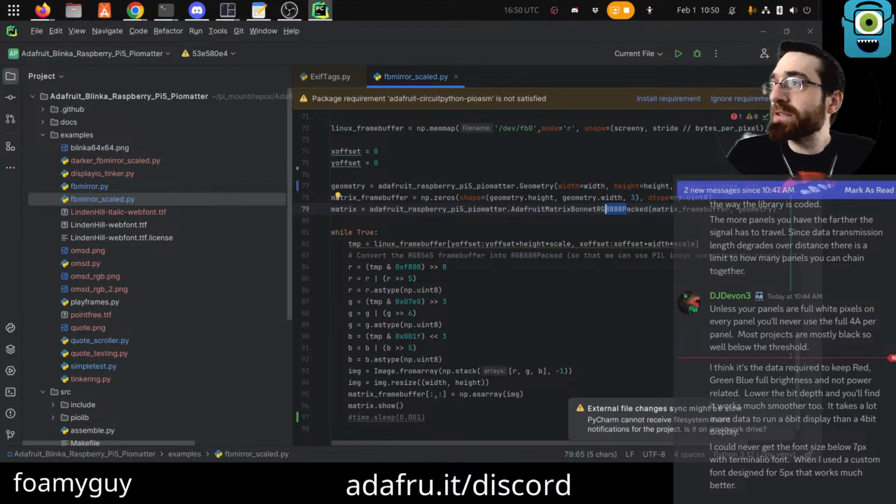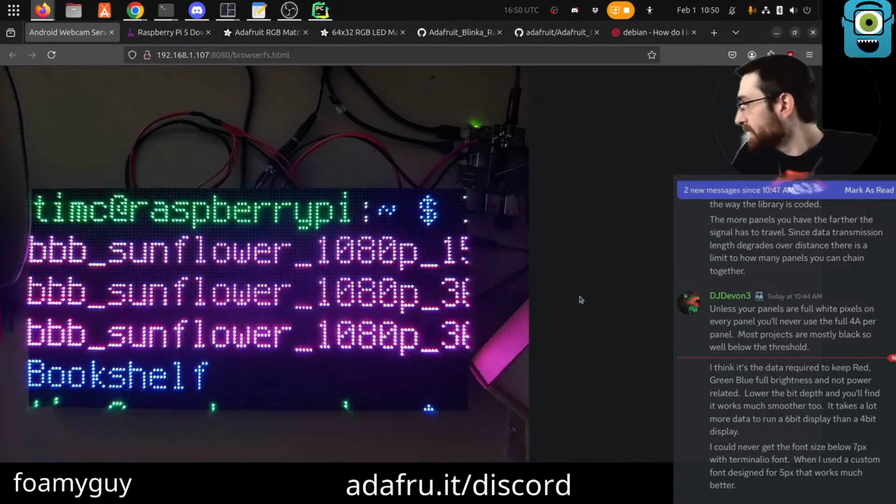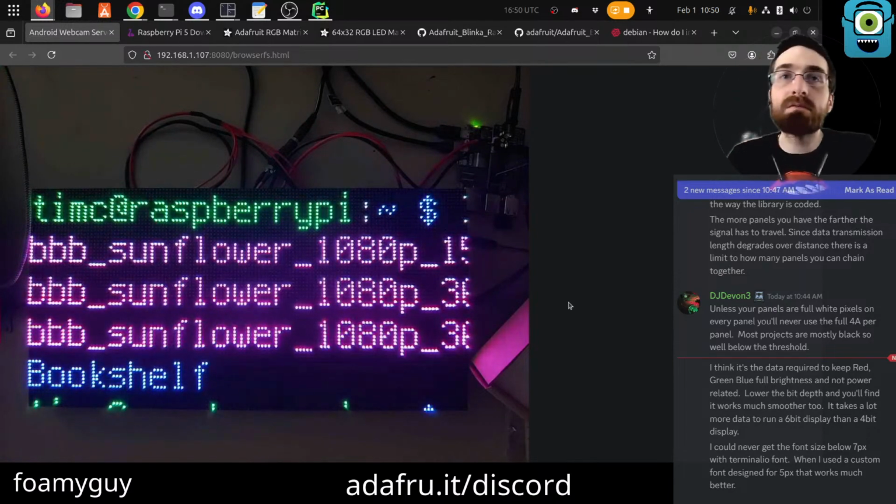Never get the font below 7 pixels with terminal IO. Use a custom font designed for 5 pixels. Better. Can you do custom fonts in there? I mean, other one maybe. Still has room to go down.